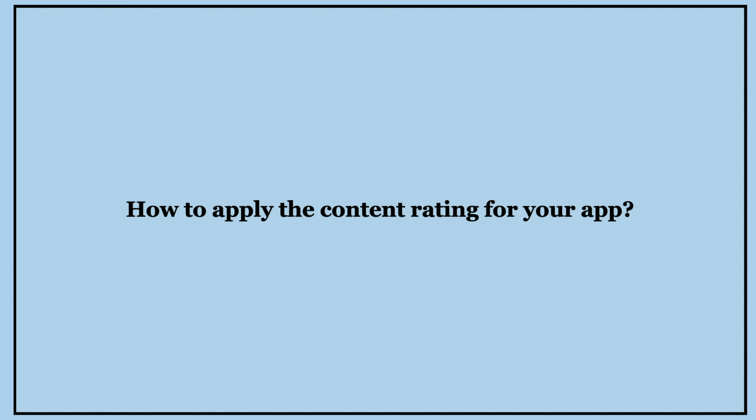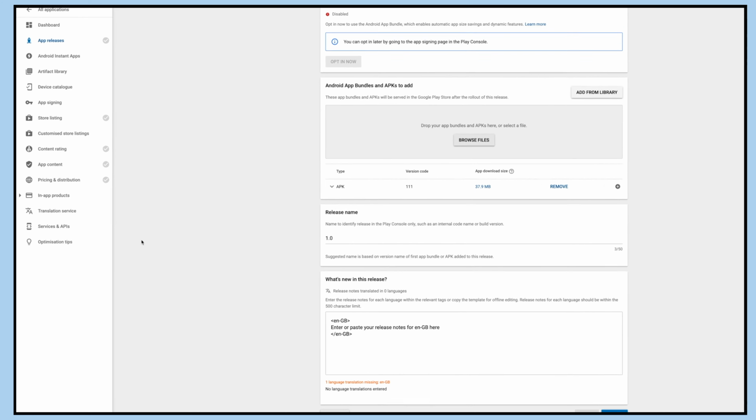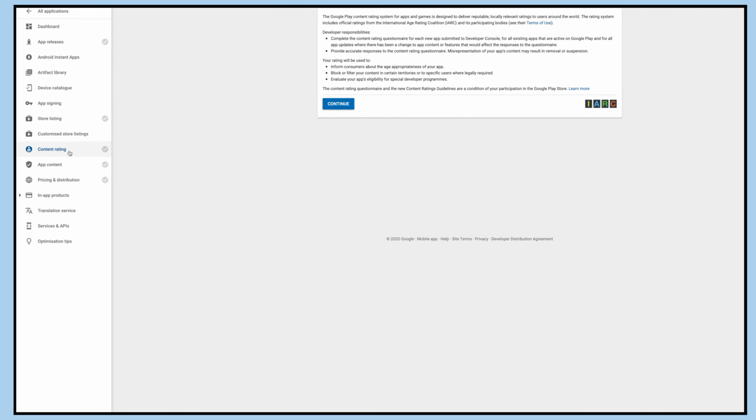Hello guys, in this tutorial we will tell you how to apply the content rating for your app. Content rating improves app engagement by targeting the right audience for your content. Click on the content rating menu present on the left hand side panel